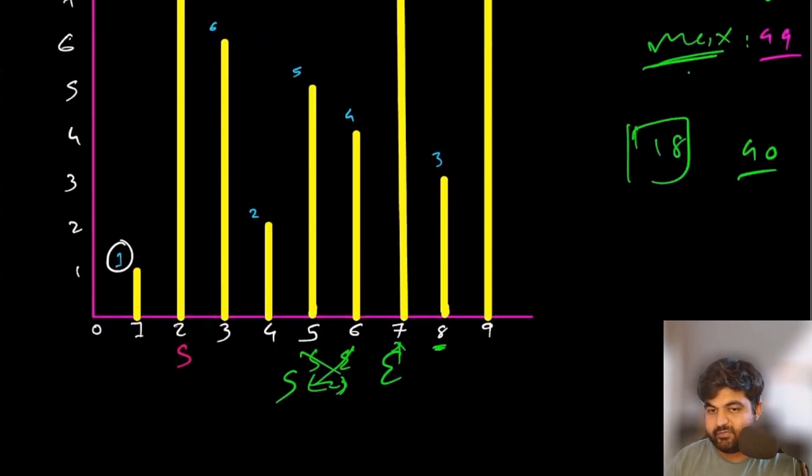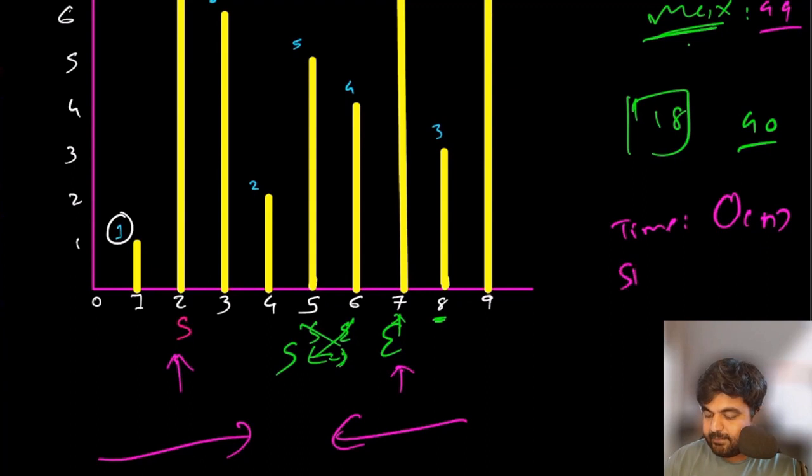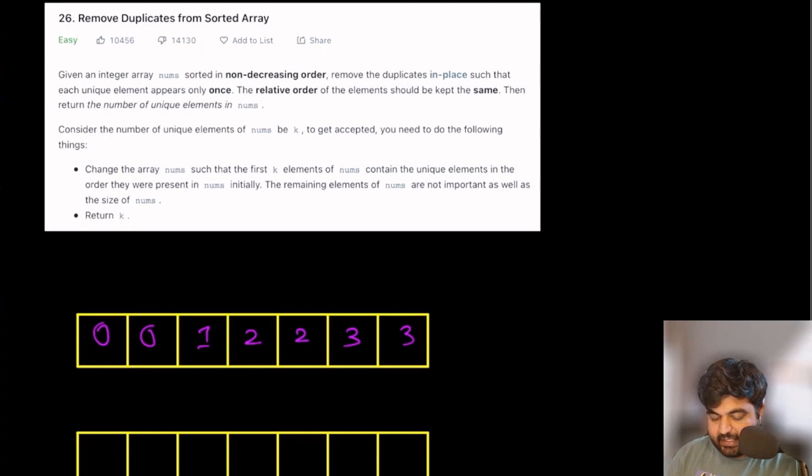And if you see what we did, we basically used 2 pointers, starting and ending pointer. If we see time complexity, in this case the time complexity is going to be big O of n, because we are simply iterating over the given input array once, nothing more than that. If we see space complexity, even the space complexity is going to be big O of 1, because apart from using like 3 variables, we are not using any additional space or any additional data structure to store the space. So this is a very wonderful way to solve this problem. And that is how we are going to remove duplicates from the sorted array.